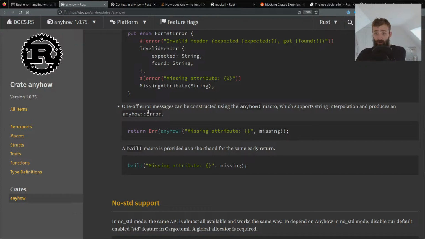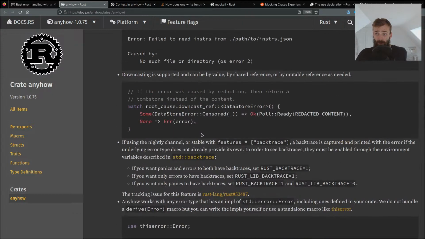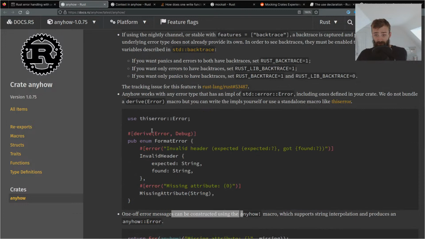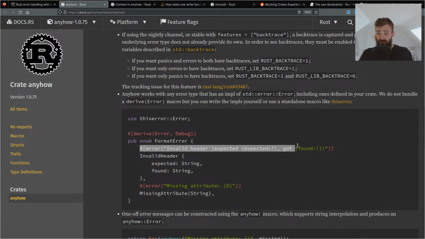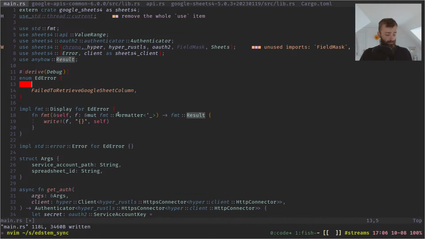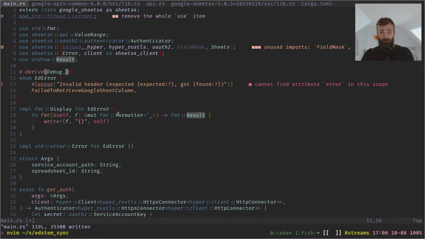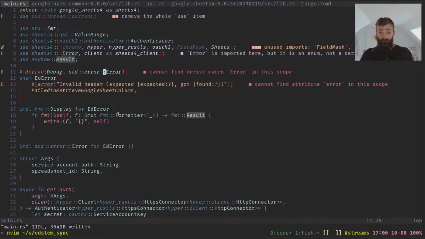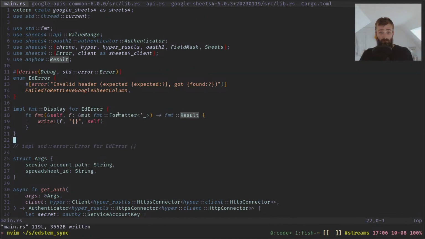One-off error messages can be constructed using the anyhow macro, but the suggested way to do it is to use the error macro, I think, to indicate that each of these enum variants are meant to be different error types. And it looks like if I use that, I can derive